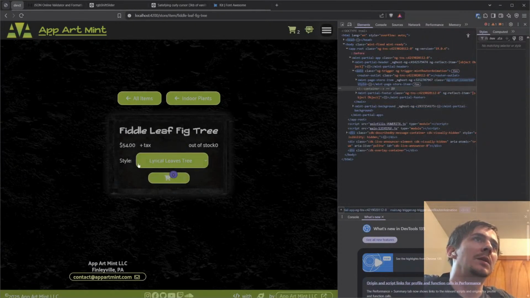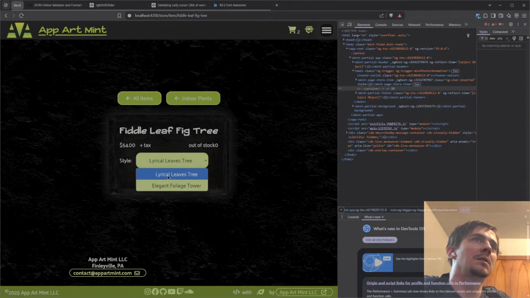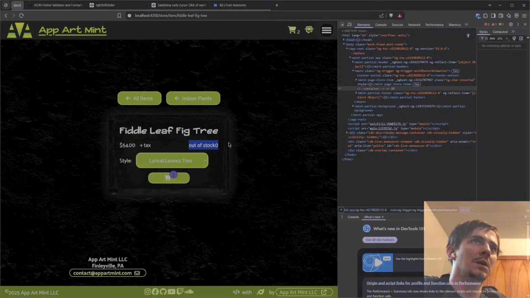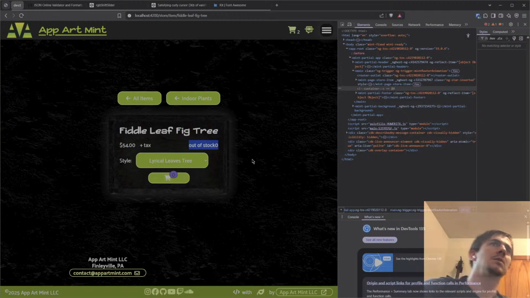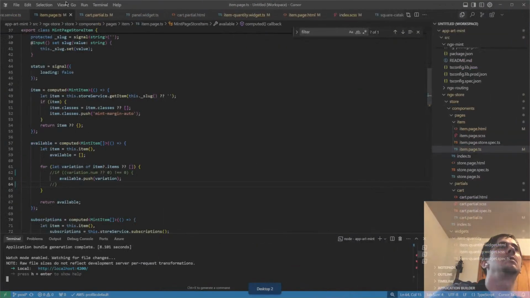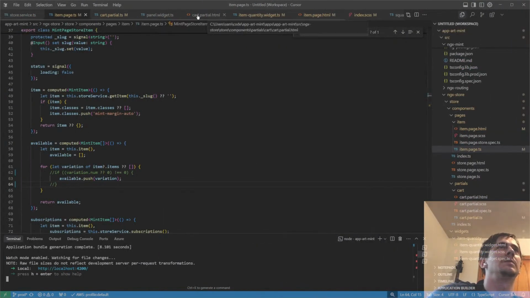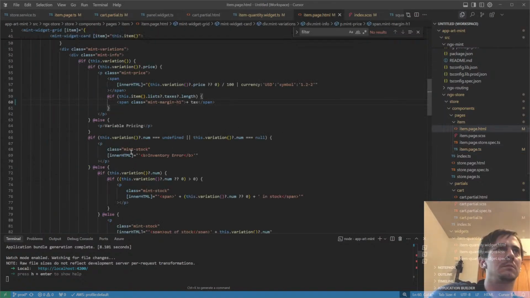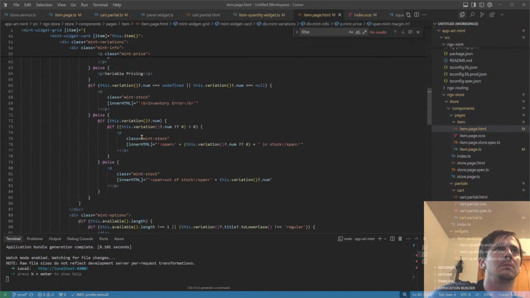And so I should be able to come in here and still see these guys and their info and their prices and their images. Out of stock 0, interesting. I think that's probably just test. Out of stock plus, yeah, I just put this here for testing. But speaking of which,